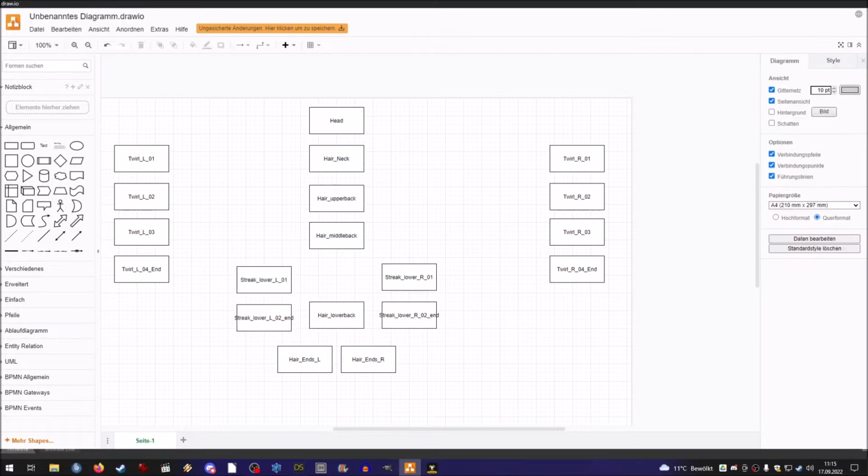So right now I'm pre-writing the bone structure in a diagram and in a flowchart, so that